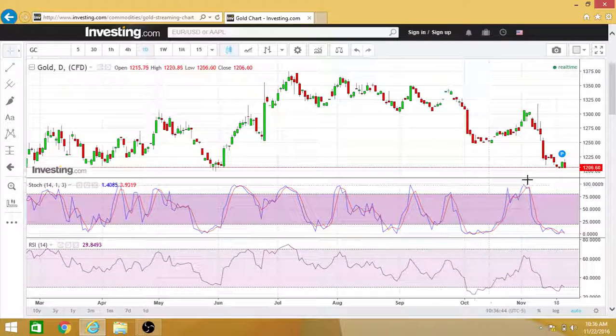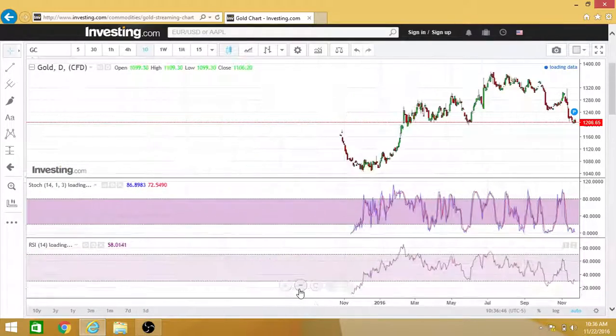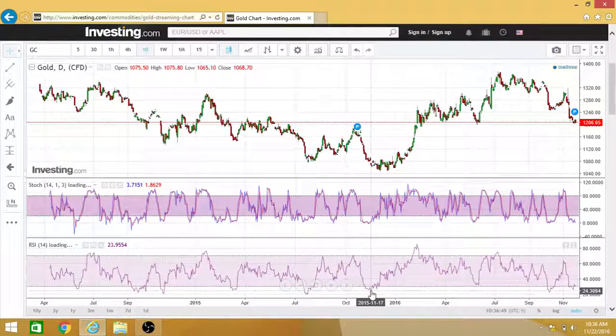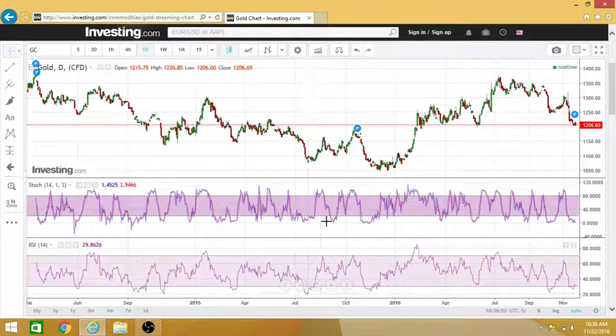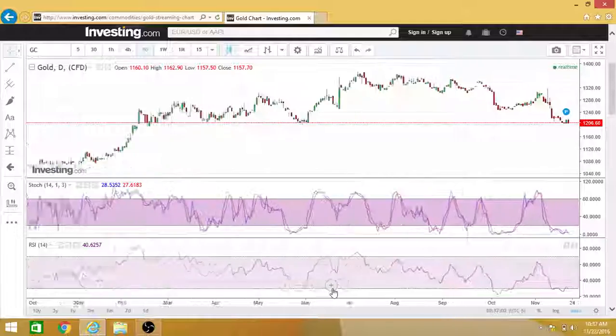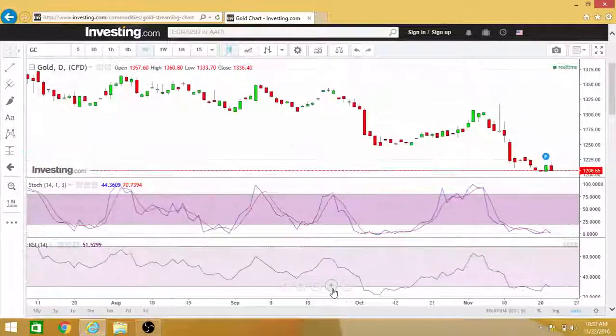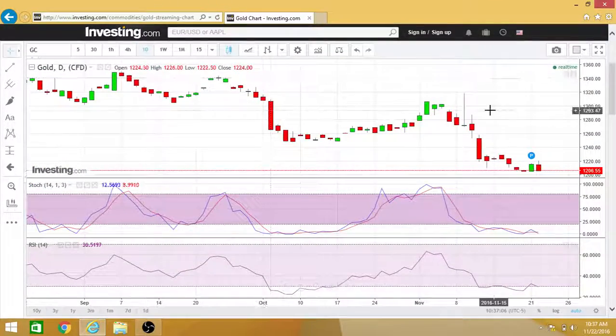It's going to pop probably at least $50. Every time that gold has gone under it, it's popped $50. So that is a sure way of playing gold, and probably the best way of playing it in a bear market, which we are currently in. Okay, in a bull market,